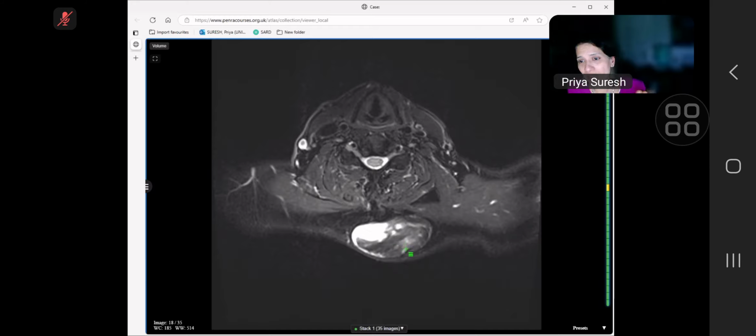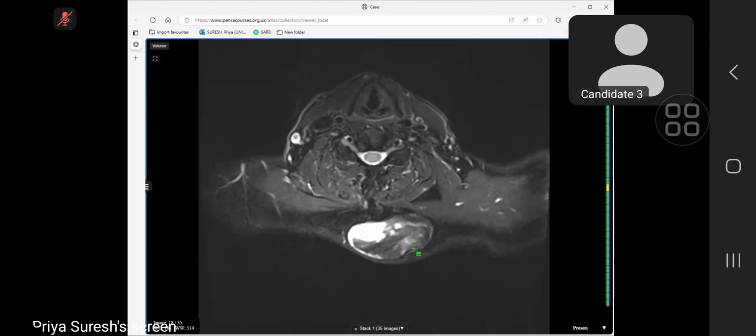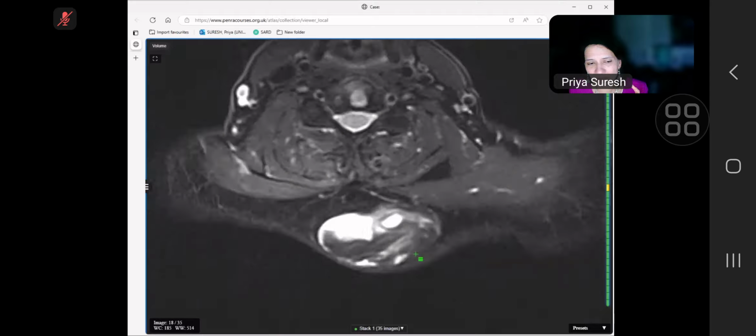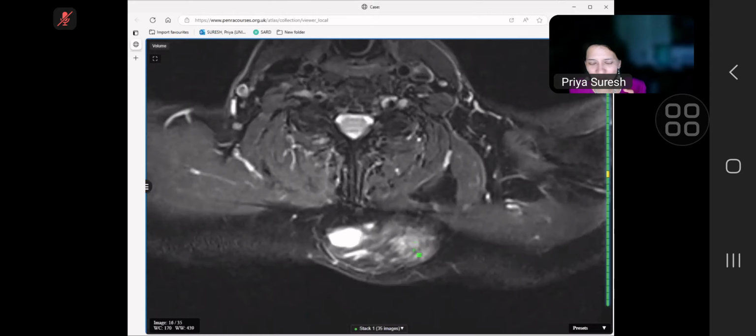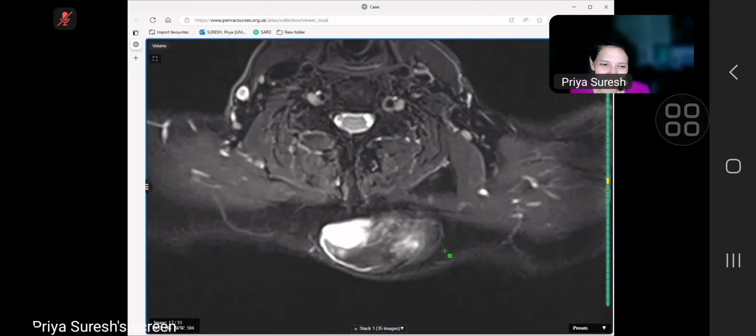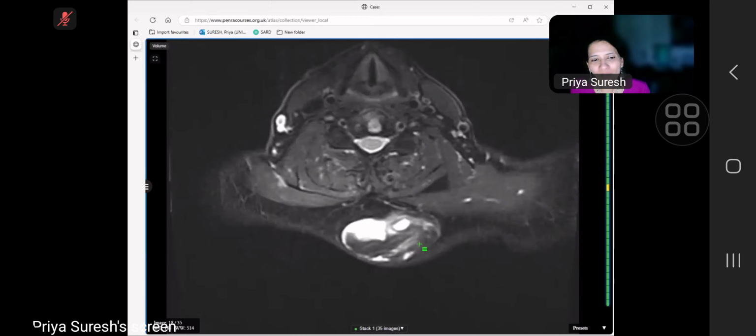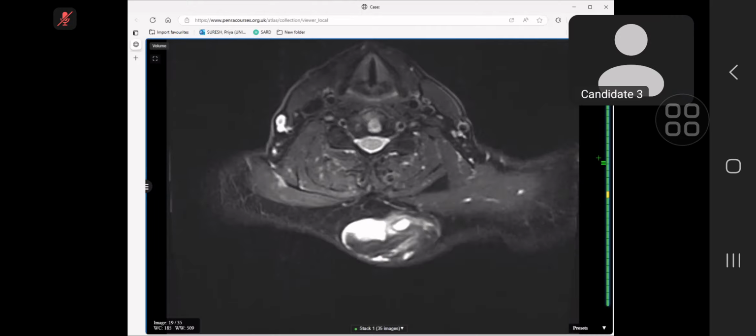The differential can be a spindle cell lipoma, but we will proceed to do a biopsy. Does it make sense? Yeah. So spindle cell lipoma is the word you were looking for, I think, because you did talk about it. So well done on that as well. But that will be the only caveat I would say. It's not that just because it's well defined, it's not ALT. Okay. The next one,